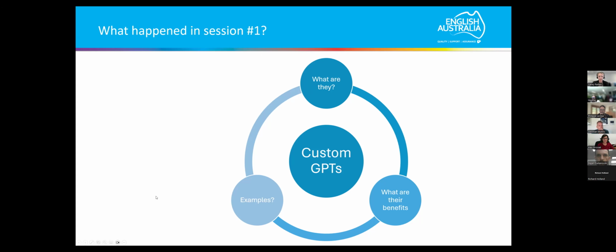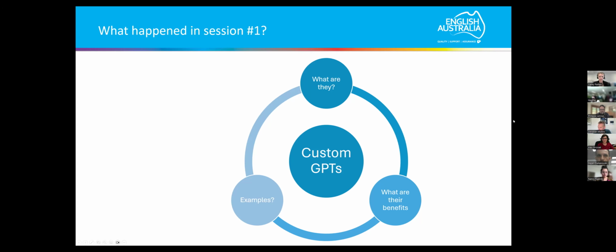This is excellent because it saves a lot of time from prompting and allows us to focus on higher-end tasks, like refining outputs, which we know is usually very necessary when using AI. Those are the main benefits.